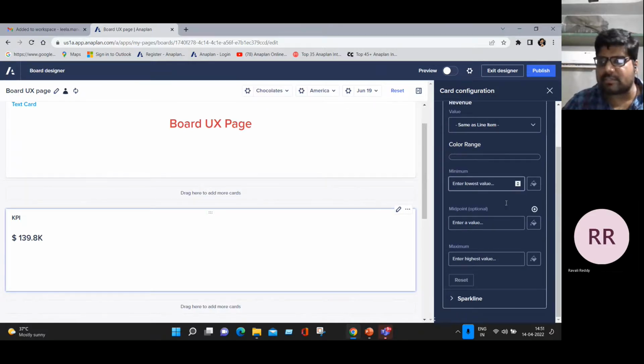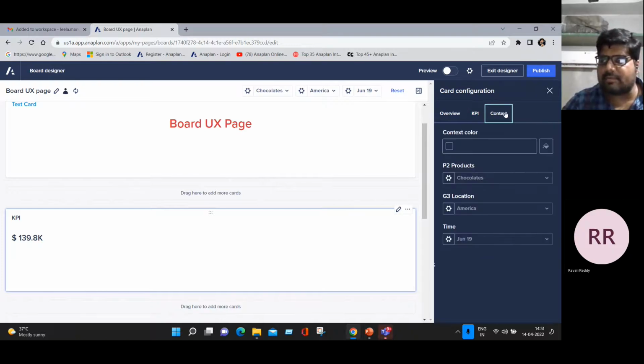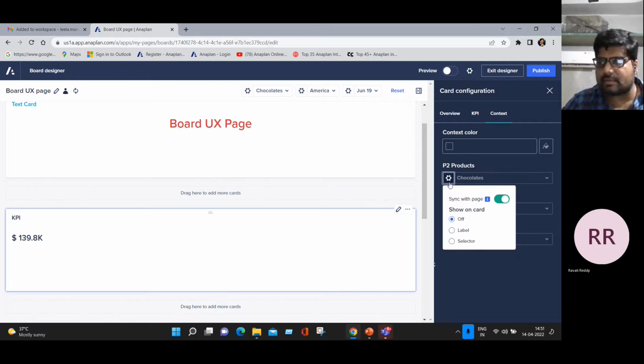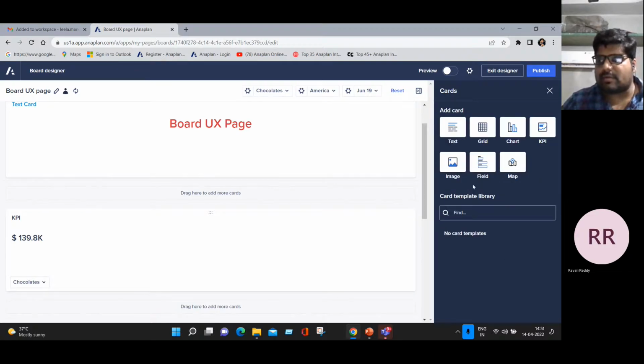Here itself also some conditional formatting. We give the conditional formatting depending upon our end user requirement, and finally we provide a content selector. I give only P2 products as a content selector,